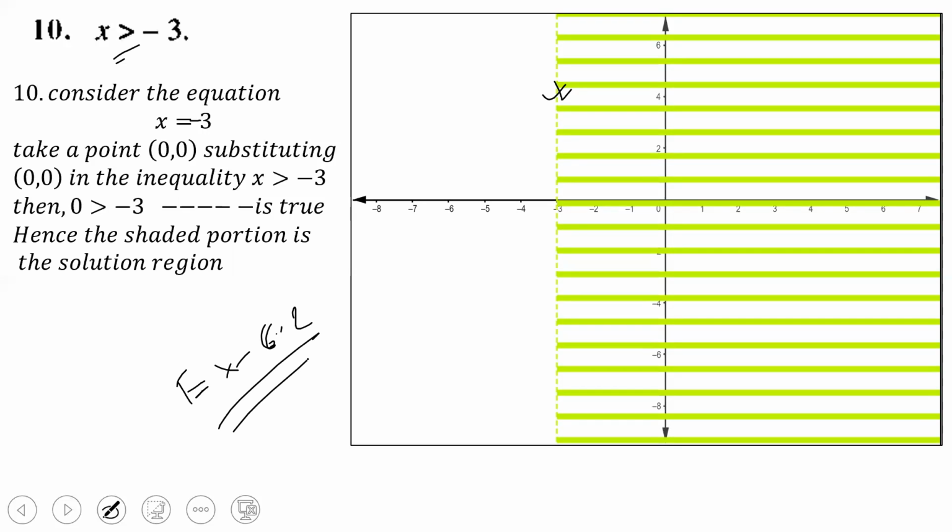For this chapter, you need to solve this graphically. Just put (0, 0) and check whether the inequality is satisfied by this point, the origin, or not. If it is not satisfied, then the opposite side is the solution region, and if it is satisfied, then towards the origin, all the shaded portion should be the solution region. Okay, so try to solve all the problems from 6.2. It is very easy, and just go through the examples also. There are some examples given in the book, so try to solve them also, and then try to solve the exercise problems. If any problems or queries are there, you're free to ask. Thank you.